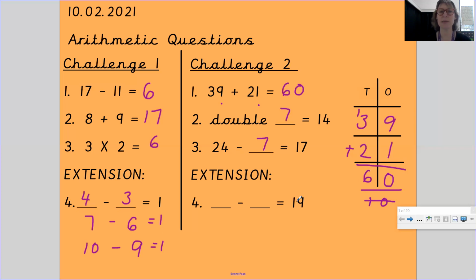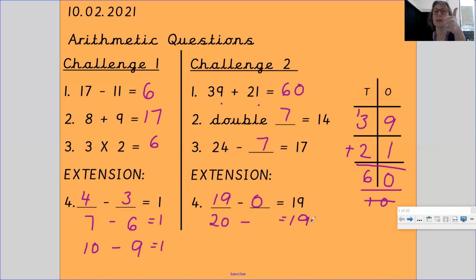Right. Something take away something equals 19. So I'm going to do this as a pattern. Anything I've got to start with has got to be bigger or the same as 19. So 19 take away nothing will be 19. If I start with 19 and I don't take any away, I'll have 19 left. So if I start with 20,